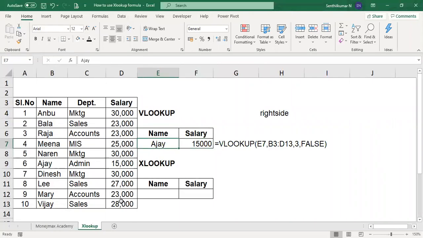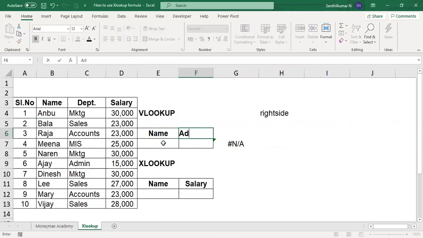Suppose you want to know who is working in the admin department. I will give you an example. Here, you have name and department.